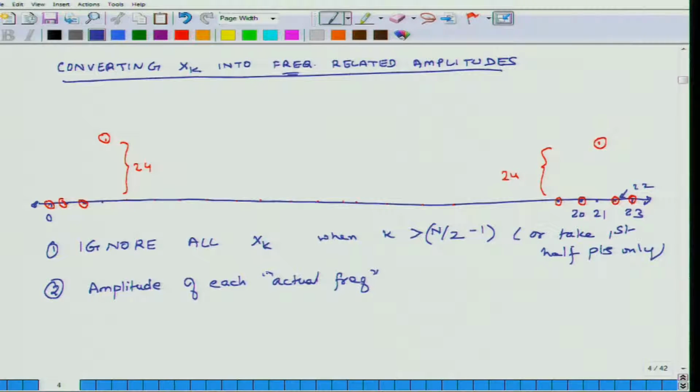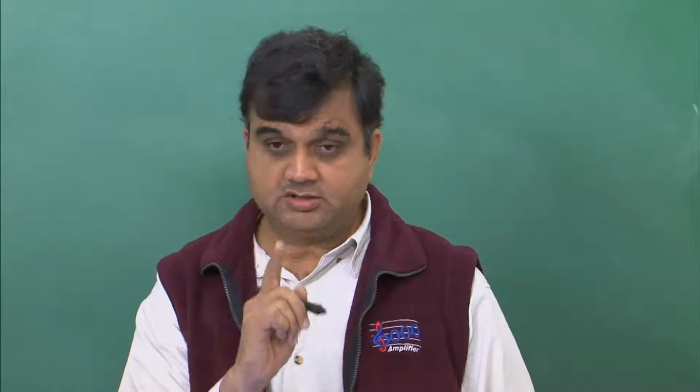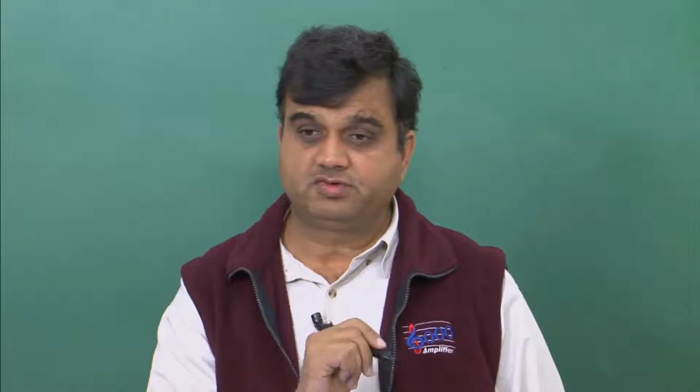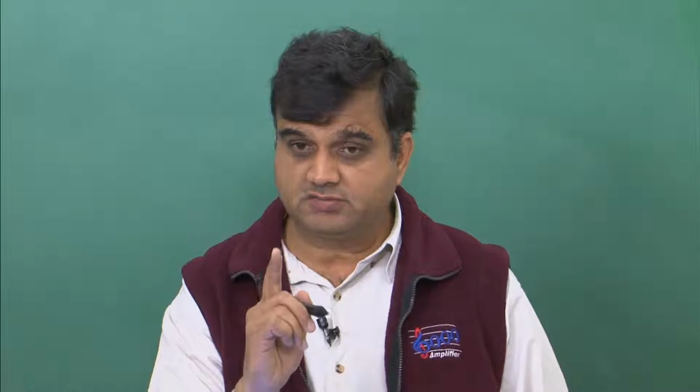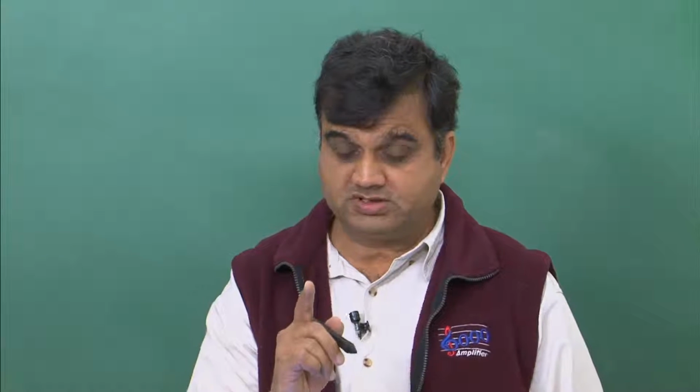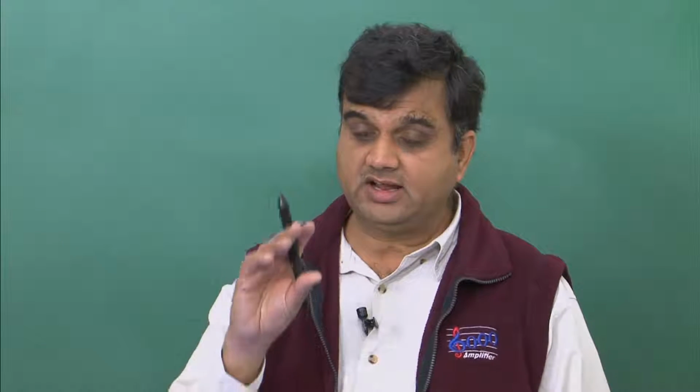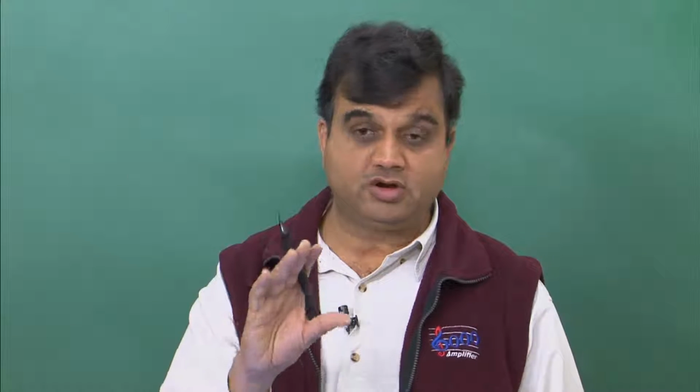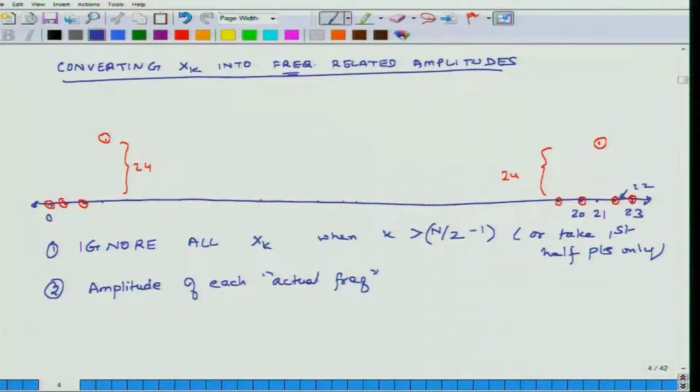See, this k is associated with some frequency number, but we do not know the value of that number. K equal to 0 means it is associated with some frequency. K equal to 1, it is associated with some other frequency. We don't know the values of these frequencies, but Xk will tell us something about the amplitude, but not the actual amplitude. So the amplitude of each actual frequency is